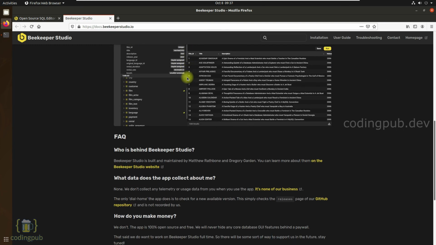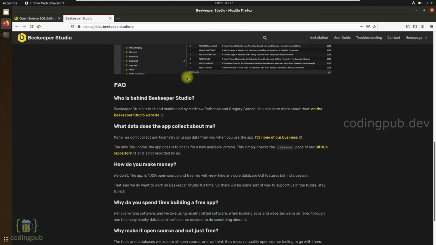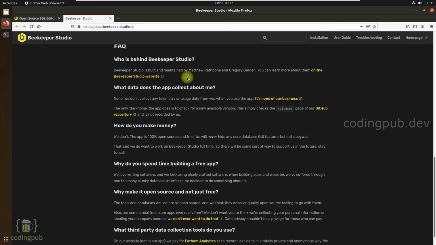Once the page is loaded, scroll down to the FAQ section. There they have clearly explained about the data privacy in this tool. They do not collect any information about the database connections we use, and they don't even get notified when we install or uninstall this tool. And they have also clearly mentioned that this is 100% free and an open source tool, and they do not make any money from this tool, and so there is no need for them to collect any information regarding your usage. So I think this answers your questions about the security concerns you might have over using this tool.